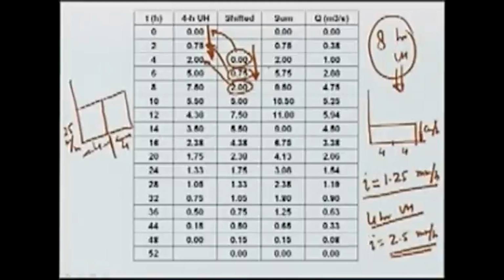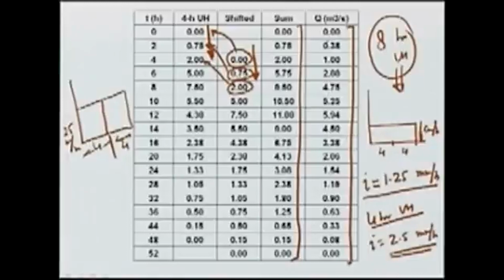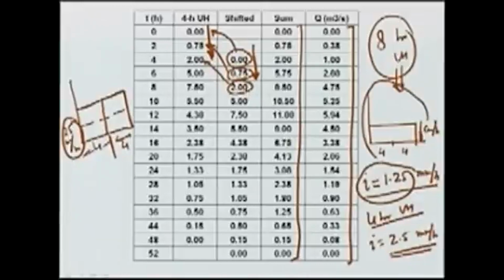This shifting then allows us to sum them up, and after summing we can get total Q and divide it by 2, because as we have seen the 4-hour UH has intensity of 2.5, 8-hour UH has intensity of 1.25. So, after summing them up we get an effective rain like this, and then we divide it by 2 to get effective rainfall same as the 8-hour UH. So, in this way we can obtain an 8-hour unit hydrograph